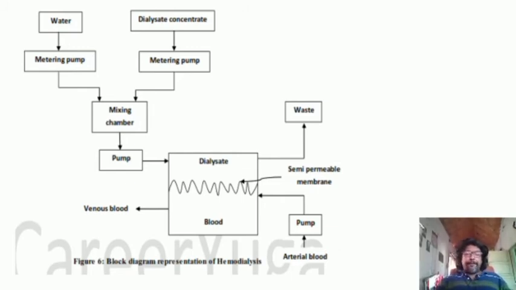I will repeat that one more time. There are tiny pores in the tubes, and when the blood flows through the tubes, these tiny pores will allow the waste and excess fluids to pass from your blood into the dialysate. Thereby, when the excess fluid or the waste enters the dialysate, it will absorb it, and it will be removed, and the purified blood will be returning back to the body itself. I hope it is very clear.